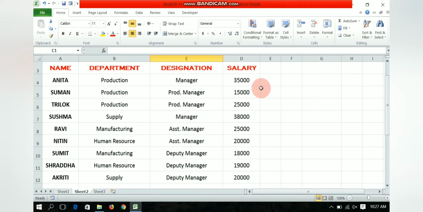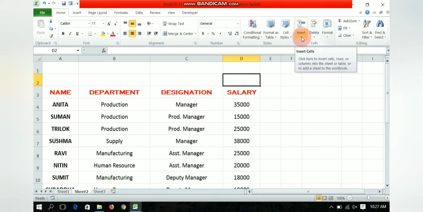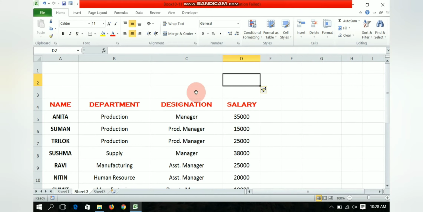For this I have made another table with different data. So before that, first we will insert a few rows. How we can insert rows? First we will go to home tab, then here we got cell option, cell group. Here under insert drop down button, we will insert new sheet row like this.